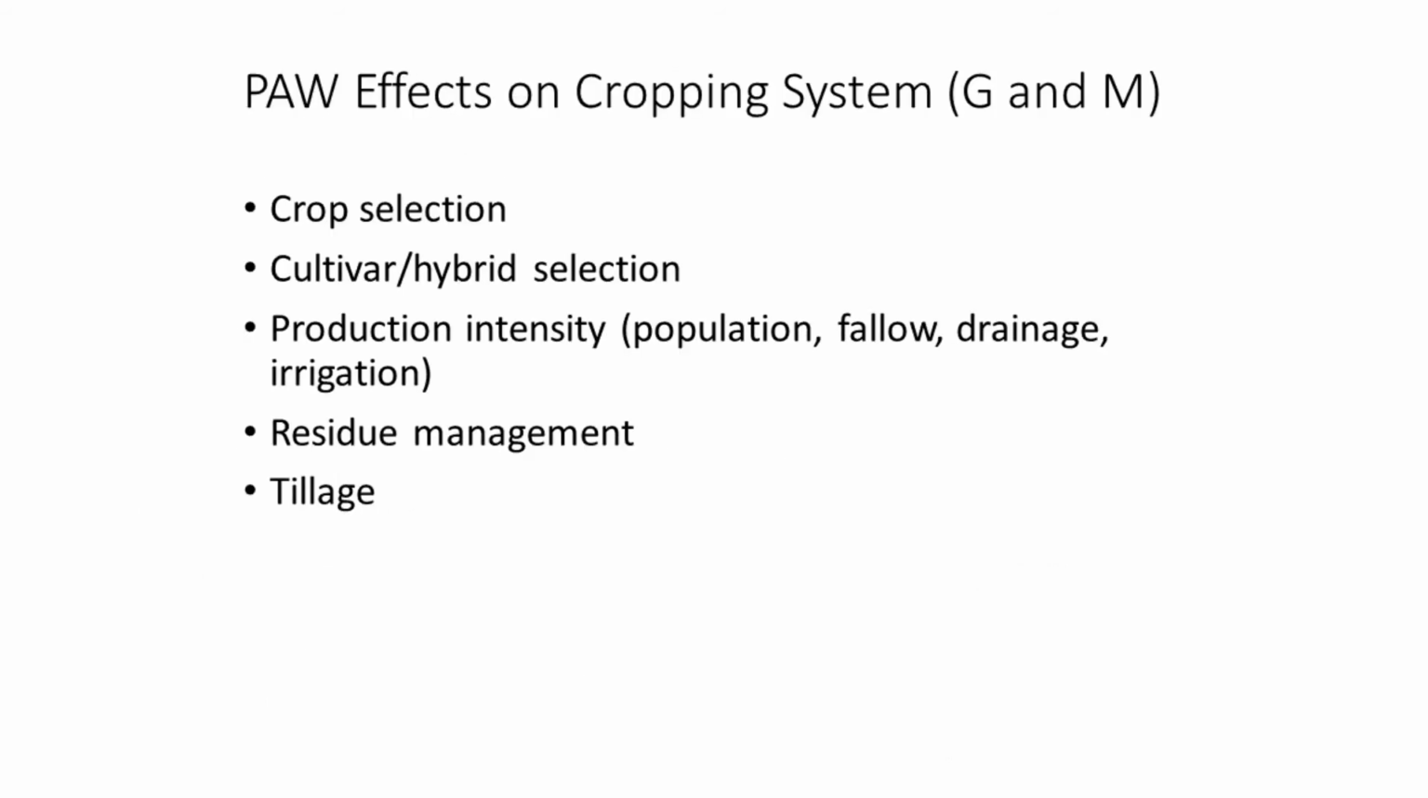And climatic factors like average rainfall, as well as things like soil texture, are going to influence plant available water, and the amount of plant available water will in turn influence the G and M components of cropping systems. So first would be something like crop selection, and then